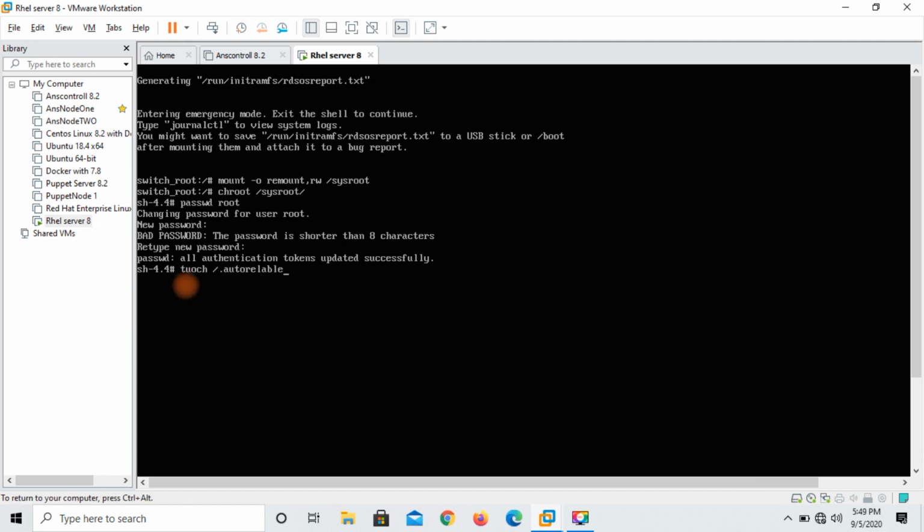It means touch makes a blank file, / means inside the root, dot means hidden file, autorelabel is the file name, and then enter.